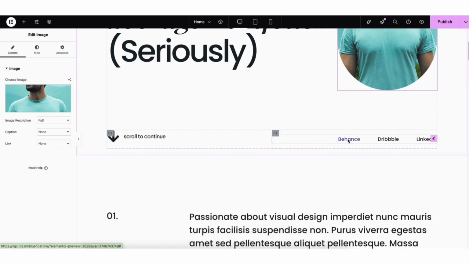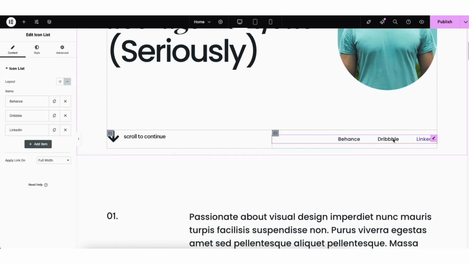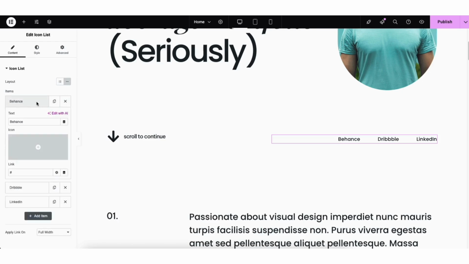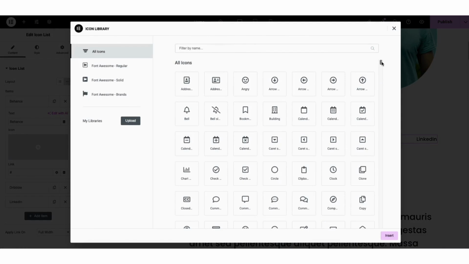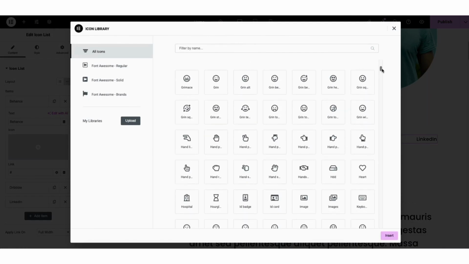You'll see the social media icon showing. Click into this area. You'll see the different social media icons showing over to the left. If you want to remove any, just click the X button to remove it. If you click into one of them, you can then change the text of it. If you hover over icon, you can upload an icon if you like to use one. If you click Icon Library, you can then browse icons to use for this section.